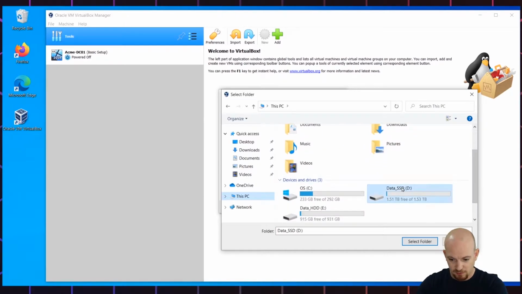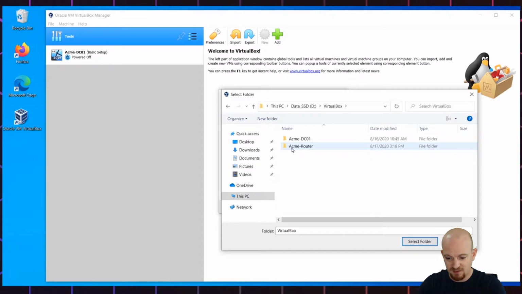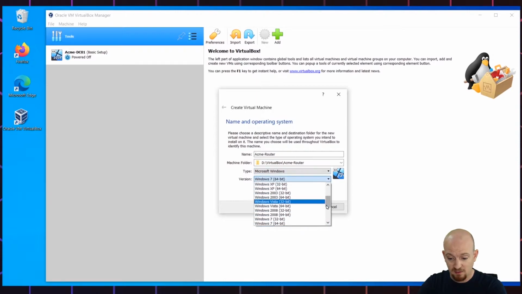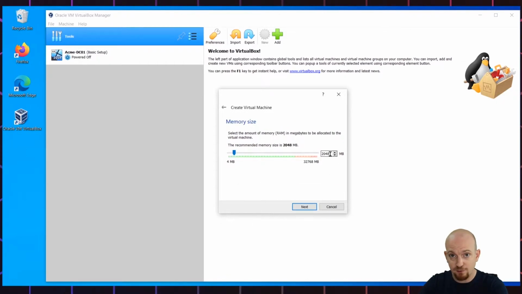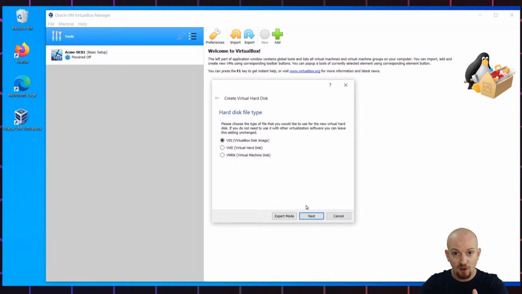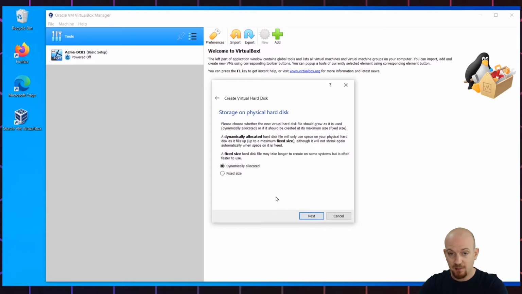Right. For the operating system, we're doing the same thing as last time. So we're choosing as type Microsoft Windows and then version Windows Server 2019, 64 bits. 2048 megabytes of RAM will be plenty for this system. Click Next and create a new virtual hard disk now of the type VDI, same as last time. Dynamically sized,